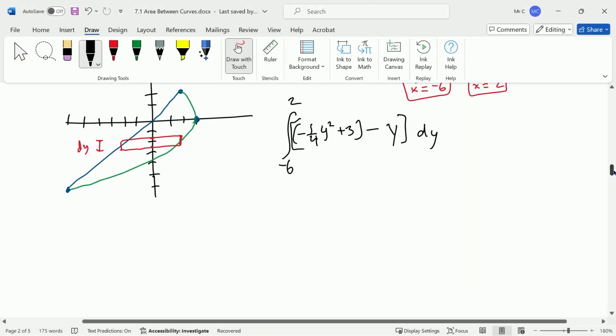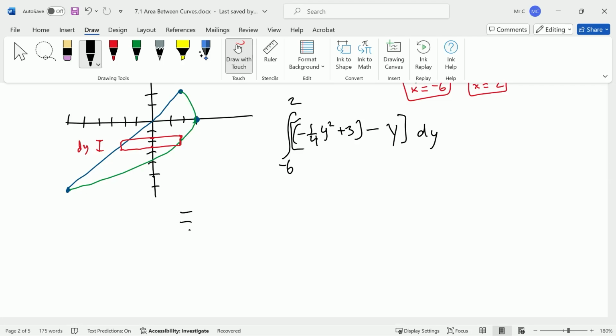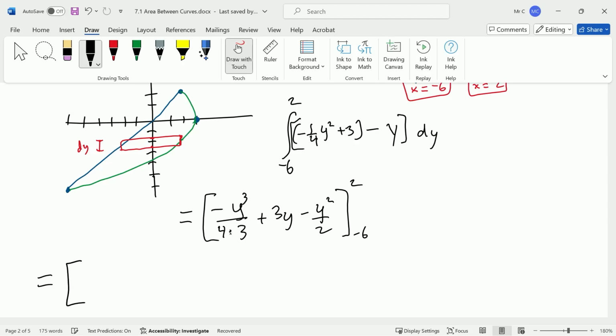And the next part of this is kind of standard plug and chug integration. So we get -y cubed over 4 times 3 plus 3y minus y squared over 2. And we evaluate this whole thing from -6 to 2. Okay, of course, 4 times 3 is 12. So this becomes -2 cubed over 12 plus 3 times 2, which is 6, minus 2 squared over 2. That's 4 over 2, which is 2,